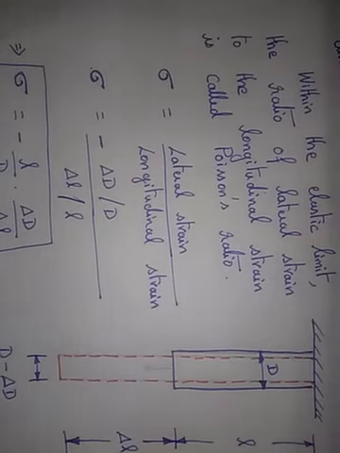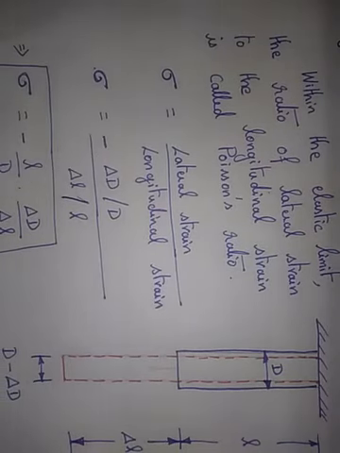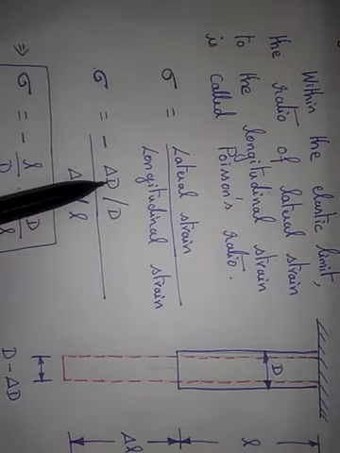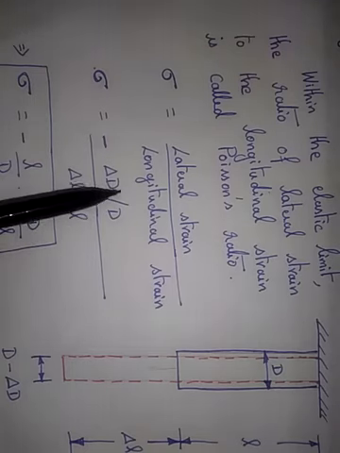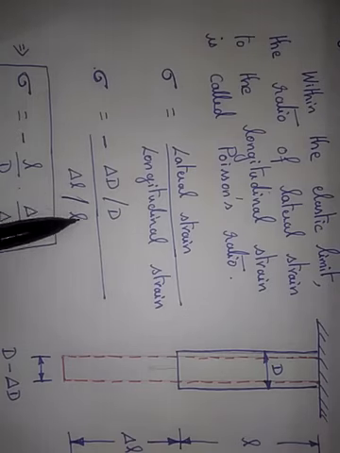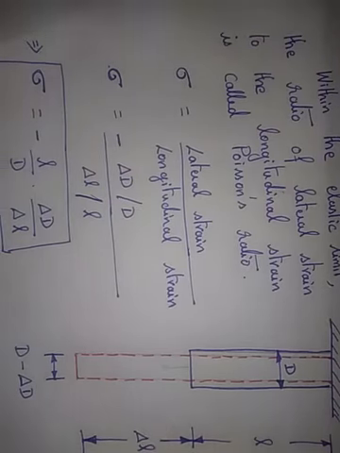So now application of the formula, lateral strain. I have told you the significance of minus. So lateral strain is the change in the diameter divided by the original diameter, divided by longitudinal strain, that is change in length divided by original length. Now if we carefully see the direction of the force, the direction of the strain acting on the particular circular cross-sectional wire or some material.